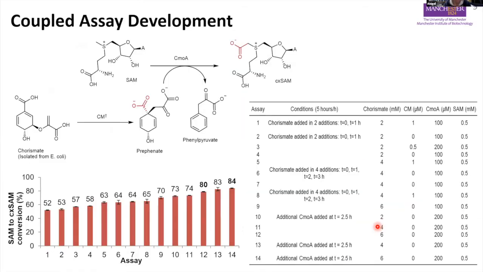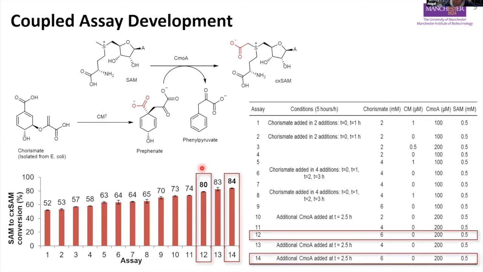Now, in order to get a system in which we can make carboxy-SAM and do carboxymethylation in situ in one pot, we first had to optimize the production of carboxy-SAM from SAM using our carboxy-SAM synthase. This enzyme utilizes prephenate as a carboxy donor, which is in turn made from chorismate. This can be done enzymatically using a chorismate mutase, but it can also undergo spontaneous rearrangement. We found that after 5 hours in our assay conditions, these processes were essentially at the same rate. So we negated the use of chorismate mutase and ended up with reaction conditions after 5 hours that gave us